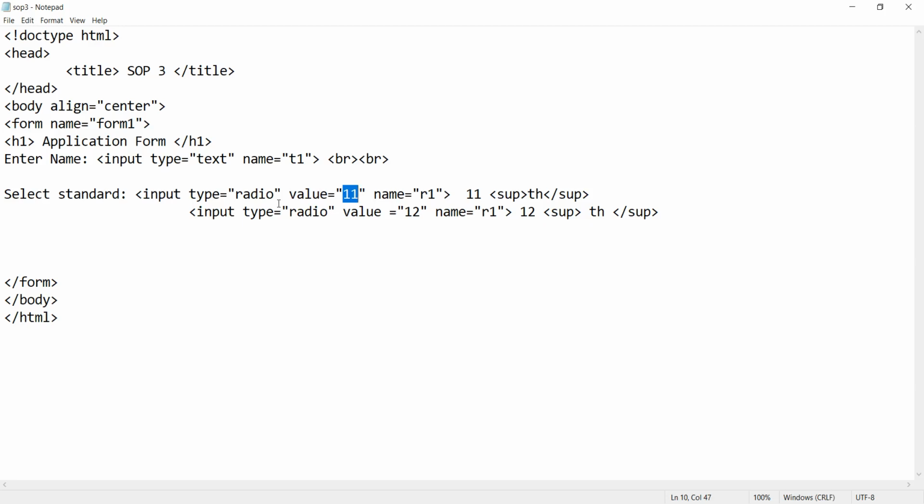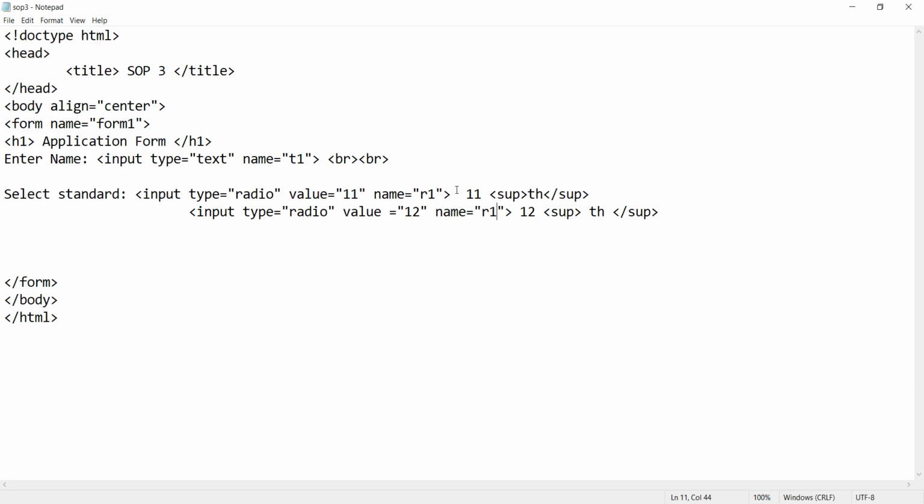Okay, so just keep in mind the purpose of the name attribute. What does the name attribute do? The name attribute is compulsory whenever you are going to use a radio button, because obviously there will be more than one radio button in each form. There cannot be a single radio button, because in a radio button we have to select only a single option from multiple options. So whenever there are multiple radio buttons, keep in mind that the radio buttons which you want to group together, for that the name property should be the same. Okay, so that is the purpose of a name.